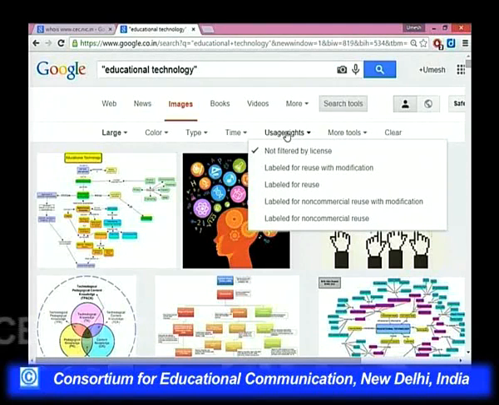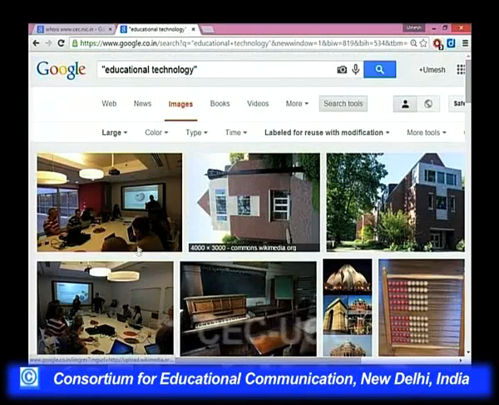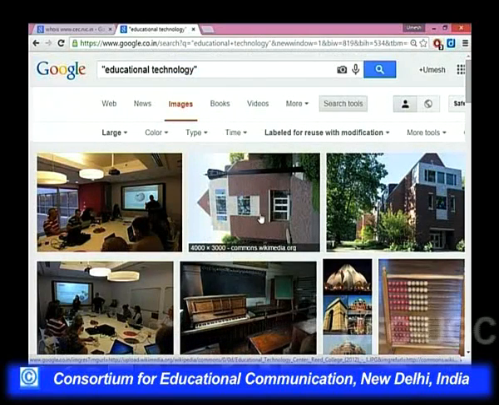For example, I want to reuse this image with some modification. So, it will show me the results accordingly, like these are the photos which are uploaded on various websites. These are not the Google images.